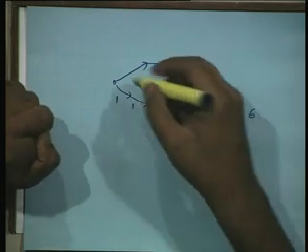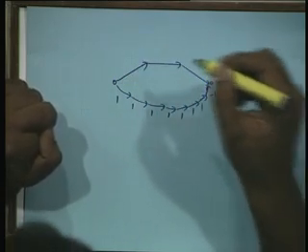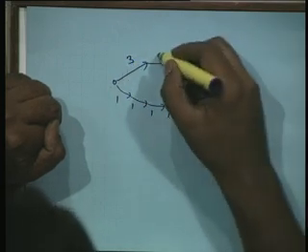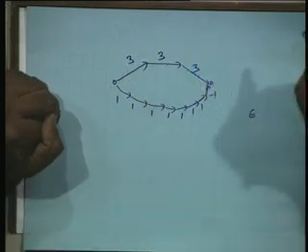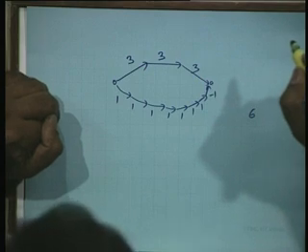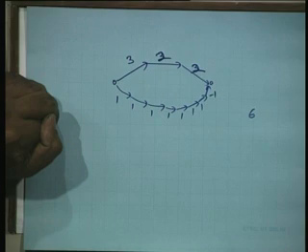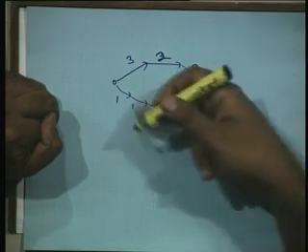Yeah, and let's make this path of length longer than 6. So let's make it 3, 3, 3. This becomes 9. Now let me make it 3, 2, 2, just to be on the safe side. So it's 7. So it's longer than this. So this is the shortest path.